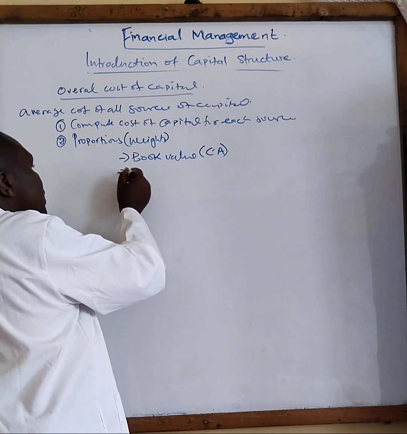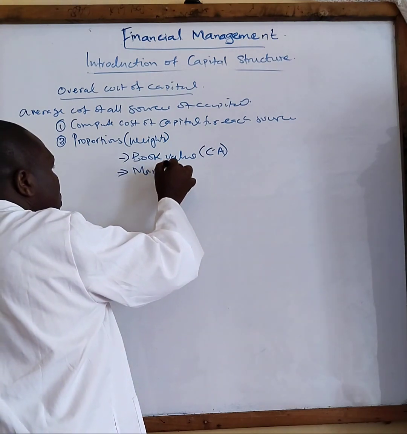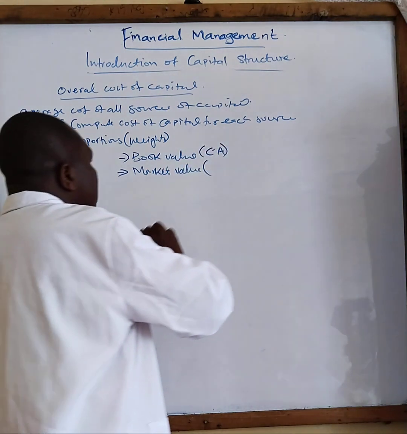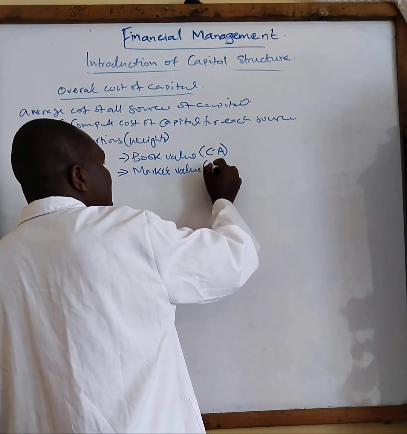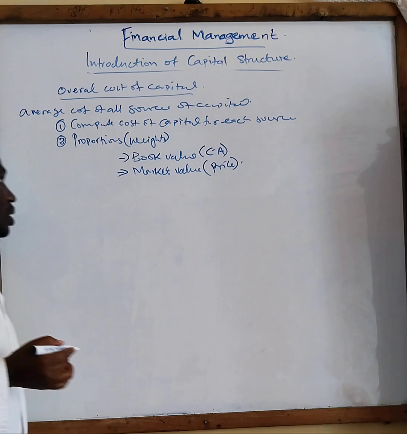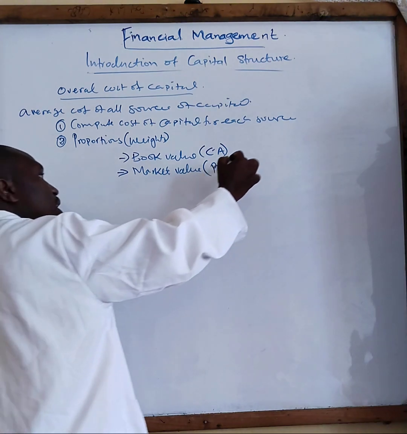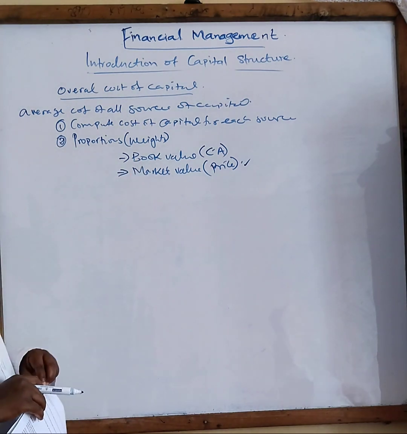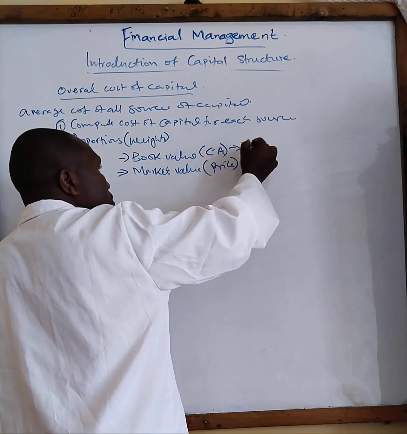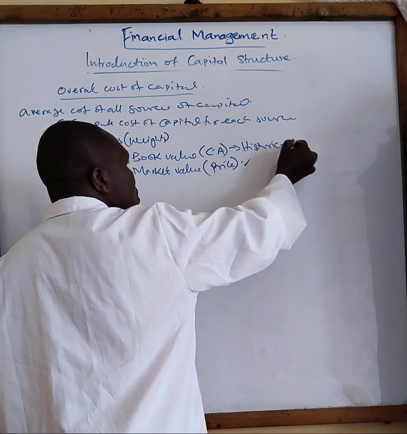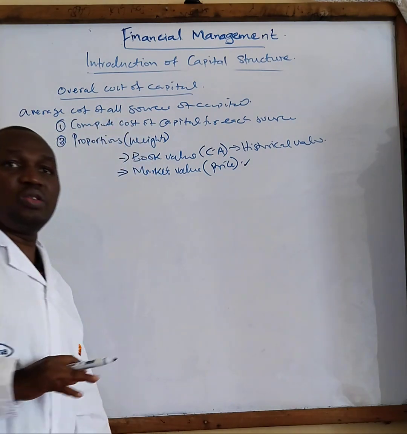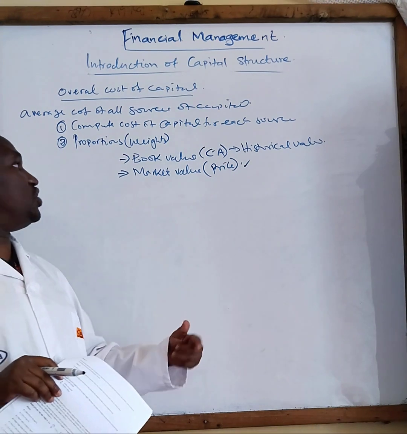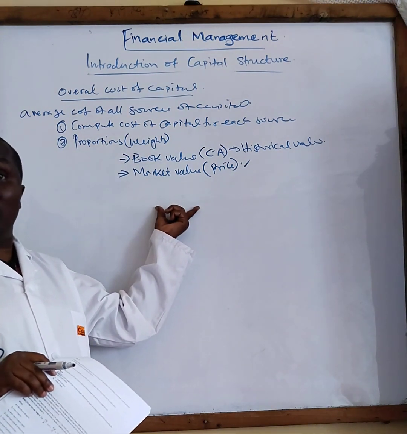Or we can decide to say, let's use the market value. When you talk about the market value, we are just talking about value in the market. This is now the price in the market. In most cases, we normally use the market value instead of book value, because book value means history. We are using the historical values. Historical values in most cases are not used in decision making, but the one you can use to make the decision is the market value. How much is it in the market?